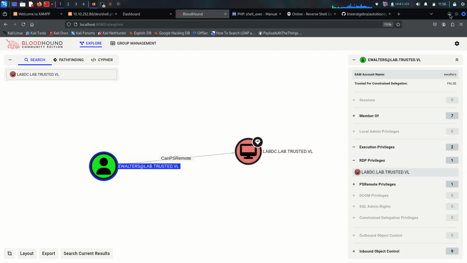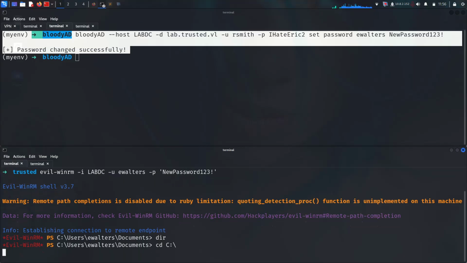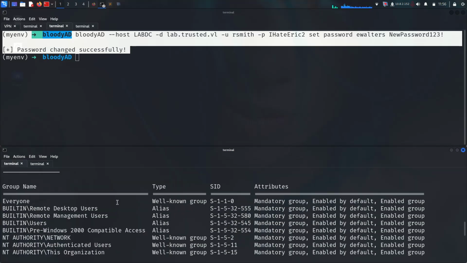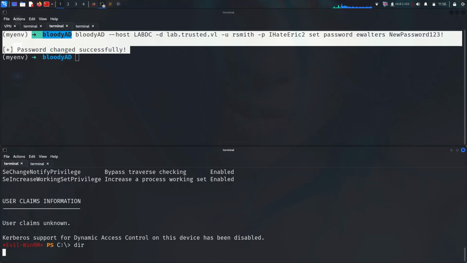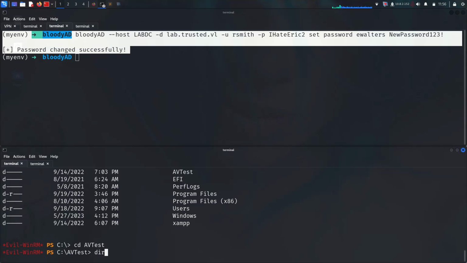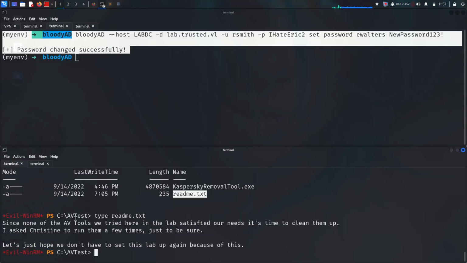We are in, so let me call dir here, and we see nothing. Go for C tab and looking for dir, and there's an AV test. We got it. We can check fast my all, and it looks like nothing interesting to us. Then I think we can go to AV test, which is cool. Let me go to AV task, and there's one: we got Kaspersky removal tool and readme.txt, and let me actually